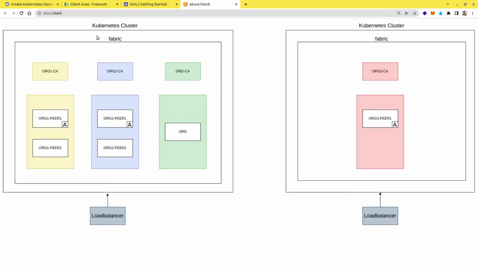So this is the architecture diagram that we are following. In the past we had a setup with one Kubernetes cluster, and inside that we were running two organizations and one ordering organization. These organizations had two peers each, and one of the peers was marked as the anchor peer in both organizations. Now the scenario is that we want to add a new organization, which is org3, but this